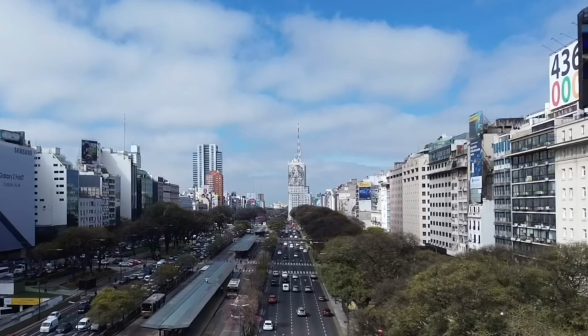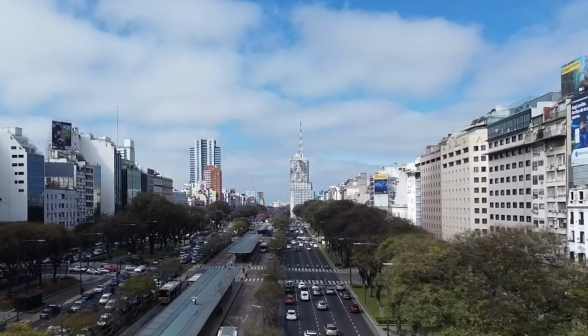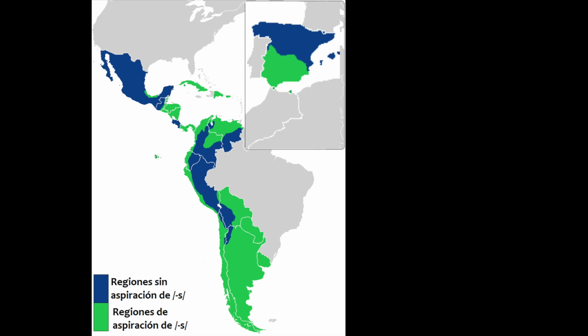Which leads on to the second topic we're exploring today, the phenomenon of pronouncing written S with no sibilants whatsoever. S reduction is a huge and fascinating topic in Spanish. It refers to S becoming aspirated, which means pronounced as an H, or weakening to nothing at all.